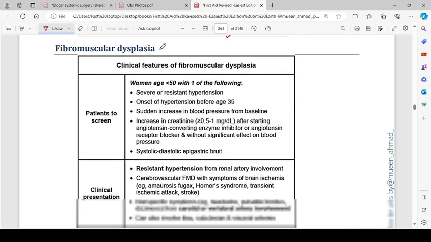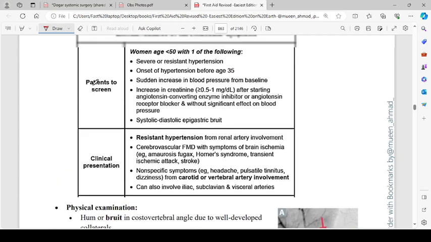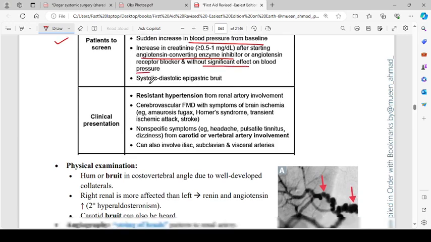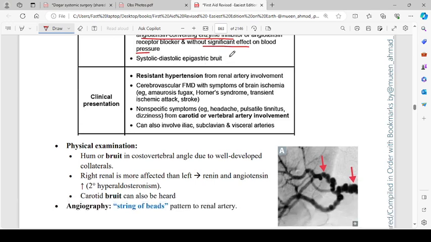infiltrates. Fibromuscular dysplasia. The clinical features of fibromuscular dysplasia: patients to screen. Women aged less than 50 with one of the following: severe or resistant hypertension, onset of hypertension before age of 35, sudden increase in blood pressure from baseline, increase in creatinine more than 0.5 to 1 milligram per deciliter after starting angiotensin converting enzyme inhibitors or angiotensin receptor blockers and without significant effect on the blood pressure, systolic diastolic epigastric